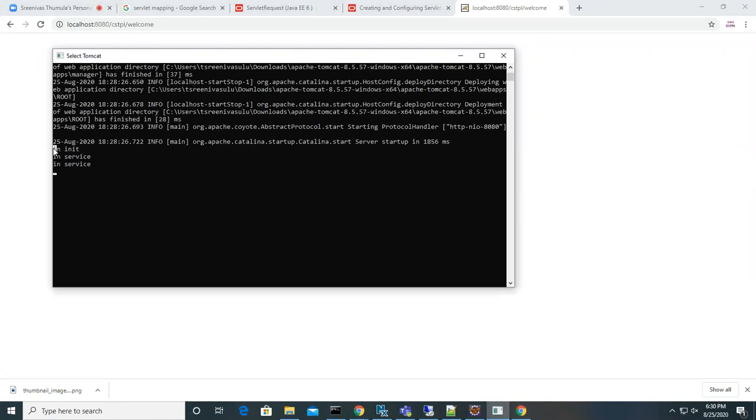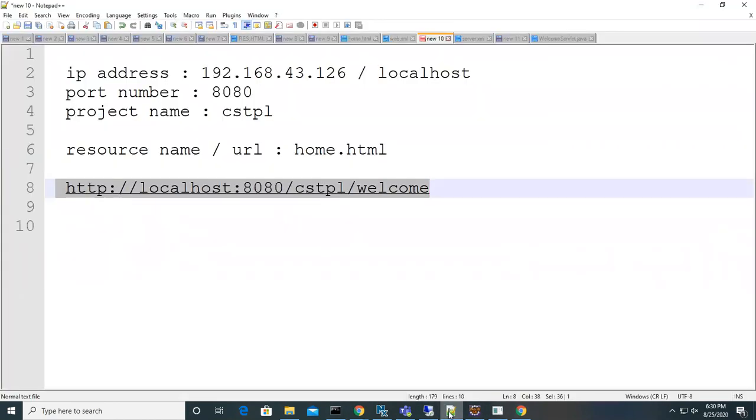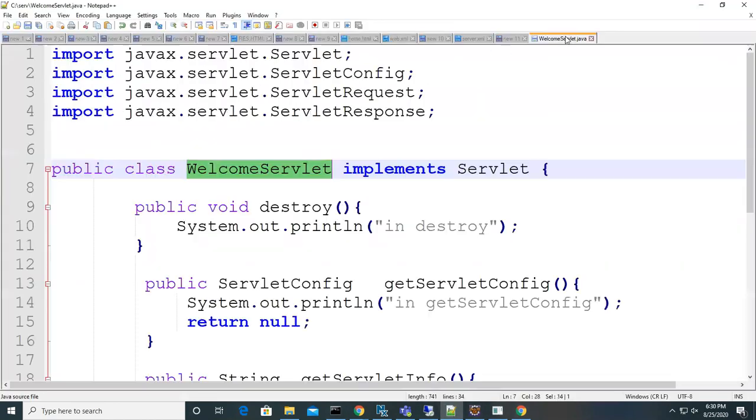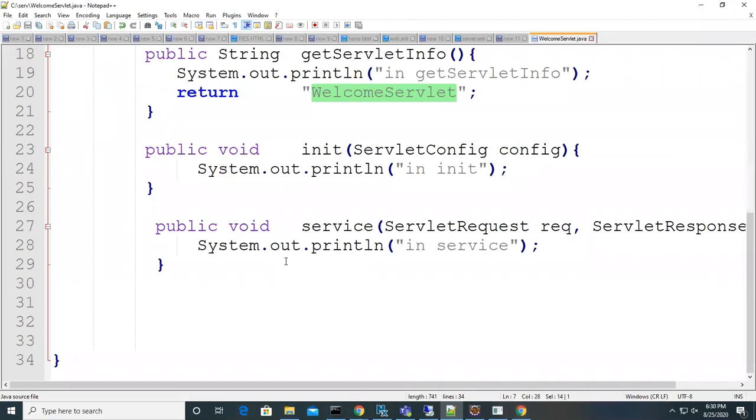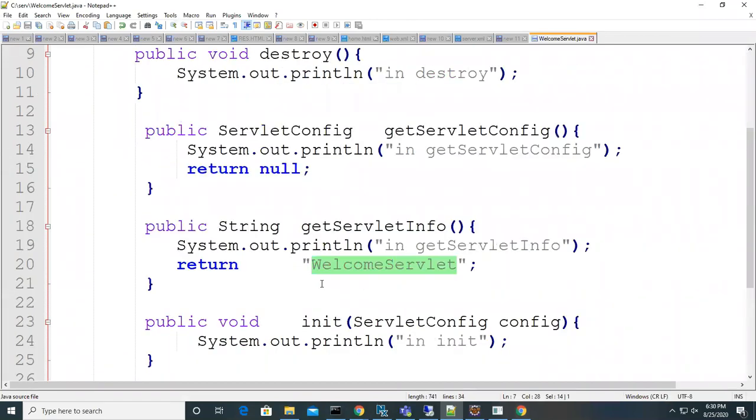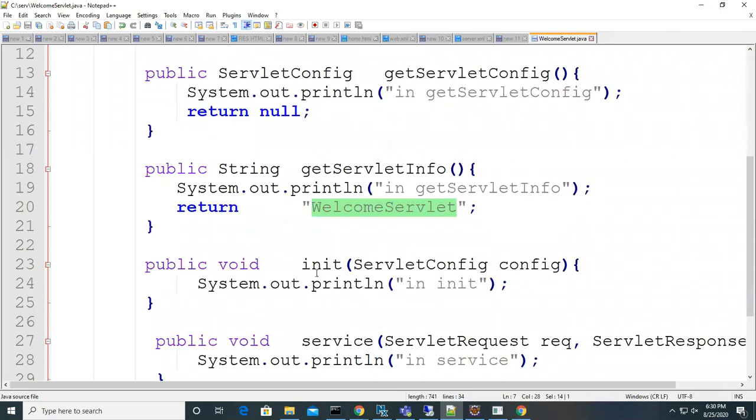First, what was called? The init method. Are you calling that method? Are we calling it anywhere? We just created a class. Did we create an object for this class and call this method? No. But how was it called? Sir, if you want to call any method, you have to create an object and call that method, right?